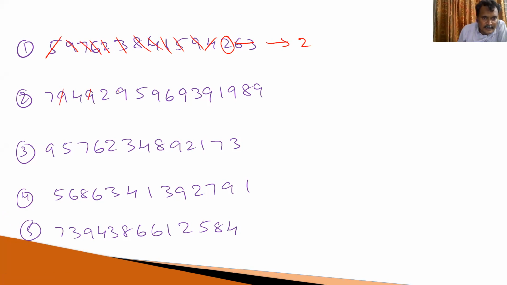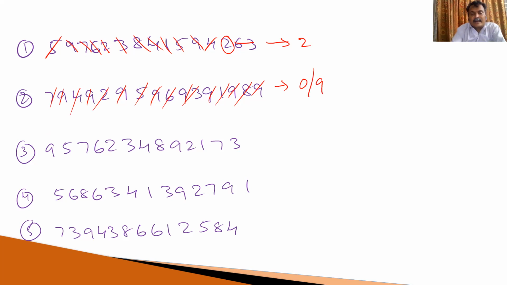Now, 9, 9, 9, 9, 9. No need to worry about that one. Next, 8 and 1 cancel. 6 and 3 cancel. 5 and 4 cancel. 2 and 9 cancel. So what is the answer? Answer is 0 or 9, whatever it is. Why? Because in multiplication or division, we represent it like this, that is equal to 9. In addition or subtraction, we use 0. I will explain that later. Suppose this sum is equal to 0. What is the answer? Answer is 0 or 9.